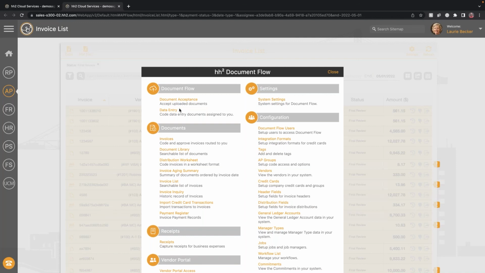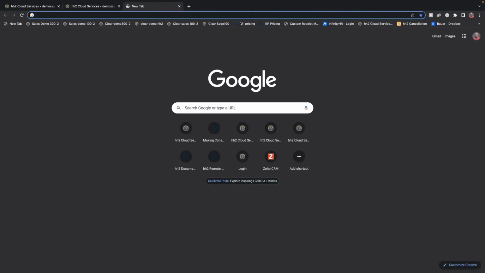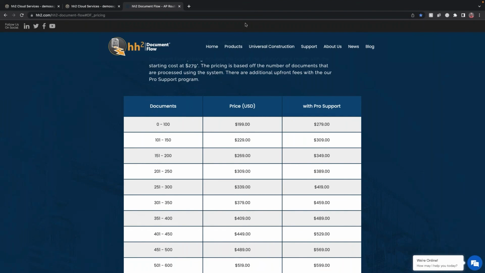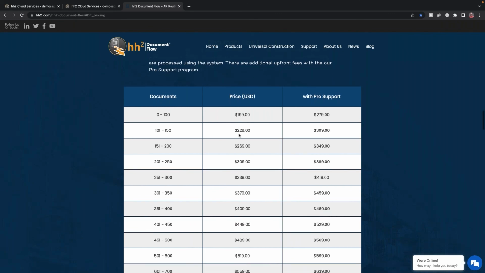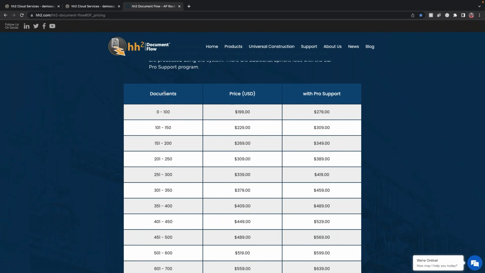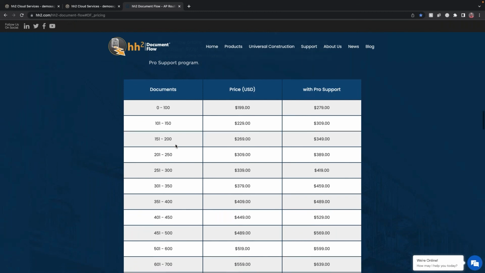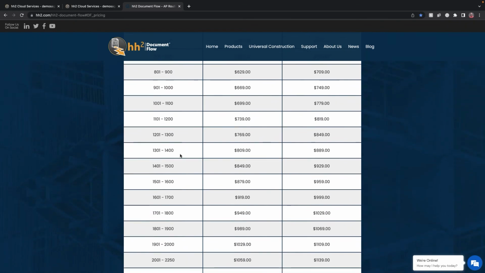Great. One other one I see here is, can you talk to the licensing structure of the product? Is it per user? Is it named, concurrent? How does that work? Great question. The pricing for this particular product is actually usage-based. It's a little different. We look at how many documents you're going to route through the system in a given month. The pricing is based on a total unique invoice, so if it has 10 pages, it counts as one document. We'll just figure out what your monthly cost is going to be based on your usage.